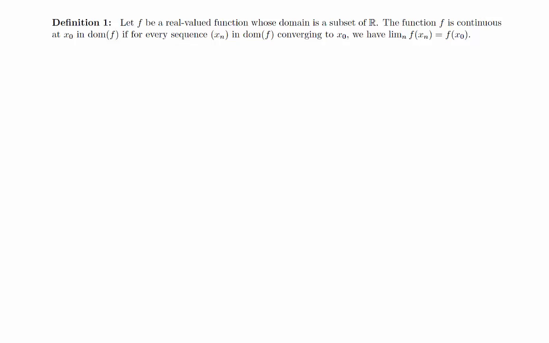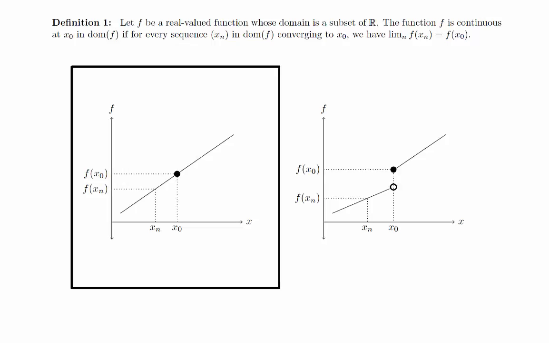Let's return to the graphs and try to get an understanding of what this all means. Let's focus on the graph on the left. Suppose we have a sequence x sub n converging to x0. This is a convergence of points along the x-axis. For each point x sub n in the sequence, we evaluate the function at that point to get a point along the y-axis. This is f of x sub n. The definition of continuity states that as x sub n approaches x0, we have f of x sub n approaching